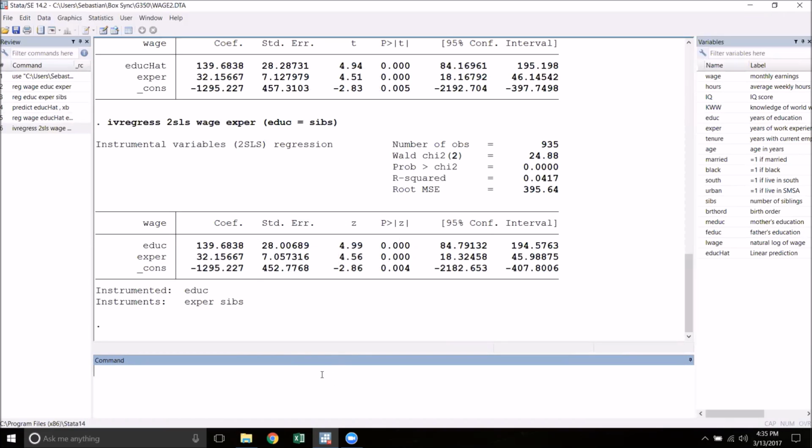Now, to give you a sense of how ivregress works with a more complicated model, let's just throw some more variables into the regression. Let's say that we wanted to add IQ into the regression. We wanted to add married into the regression, and maybe we'll try using the parents' educations as additional instruments for education. So to do this, I'll type ivregress 2SLS. As I said before, this is always going to stay the same. Now our dependent variable, wage,